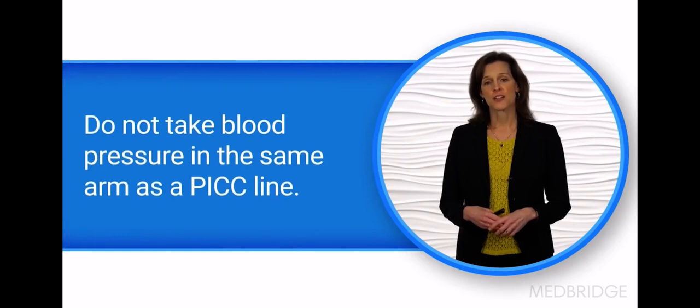The peripherally inserted central catheter, or PICC for short, is a specific type of central venous catheter. It's called this because it is inserted peripherally, but is tunneled internally and ends up in a central location. This is mostly used for long-term delivery of medications. So if a patient needs long-term delivery of antibiotics, for instance, they may insert a PICC line. The PICC line cannot get wet, and it does require specific cleaning and flushing. You should not take a blood pressure in the same arm as a PICC line because it can compromise the